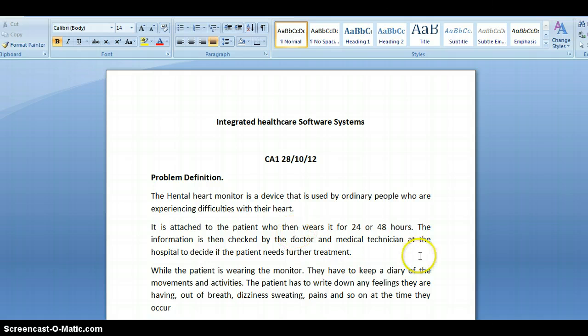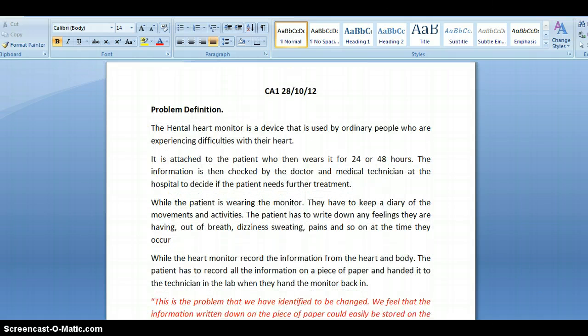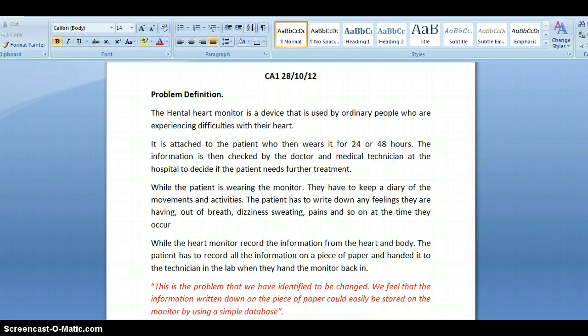We just have a problem definition here first for the product that we've chosen to improve for our database. The heart monitor is a device that is used by ordinary people who are experiencing difficulties with their heart. It is attached to the patient who then wears it for 24 or 48 hours. The information is then recorded by the doctor and medical technician at the hospital to decide if the patient needs